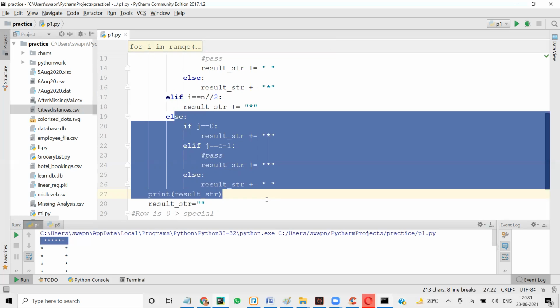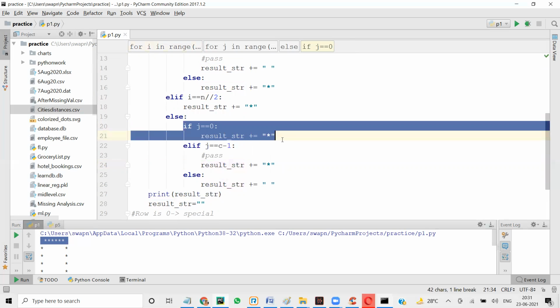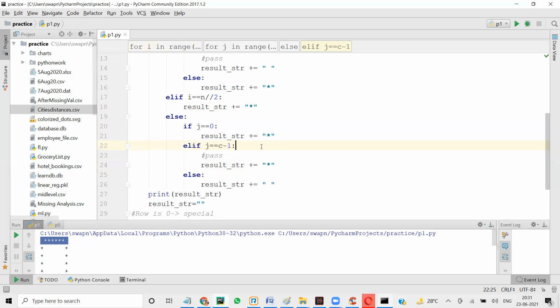But the last part condition only, if j equal to 0, can you explain that? Which one? Tell me the line number first. Line number 20. So tell me what your problem is here. You ask me the question and I'll try to help you solve your problem. Those two only, 20 and 21. I didn't get that logic, sir. What logic do you need? Tell me. Can you open the work chart?